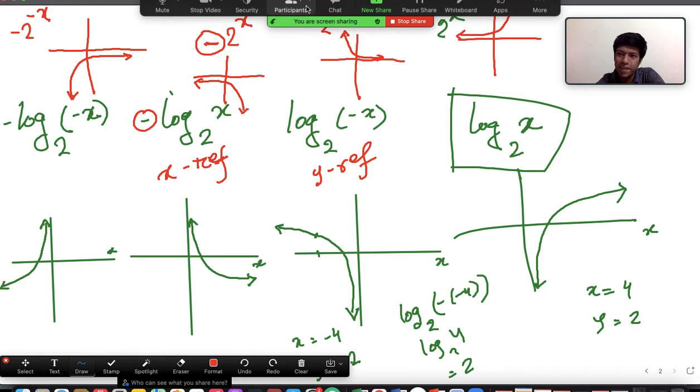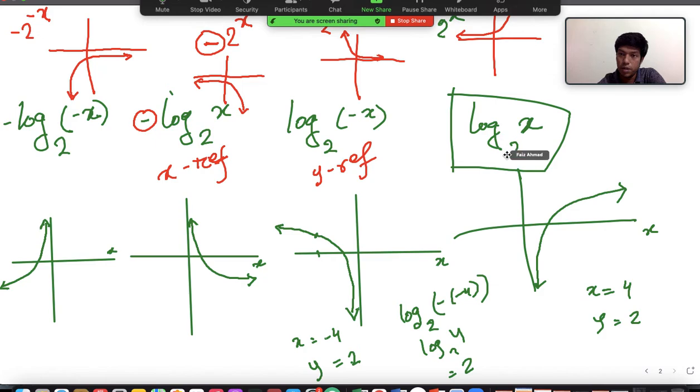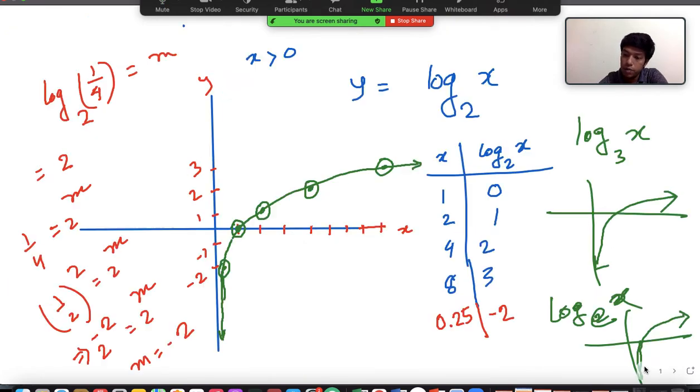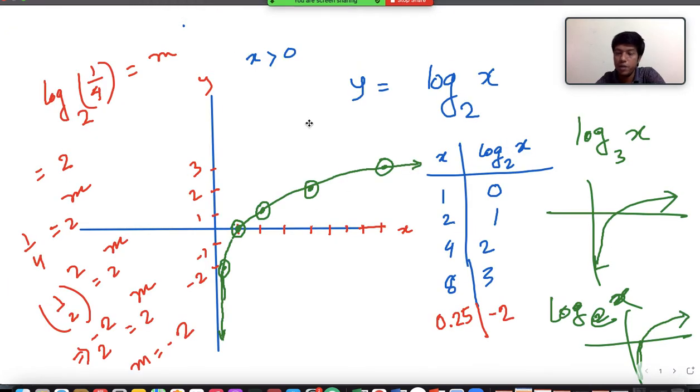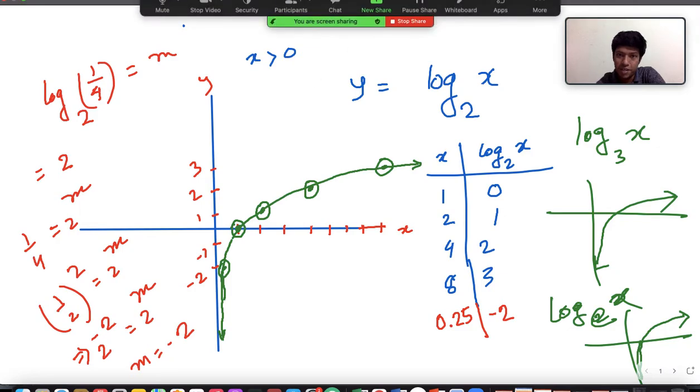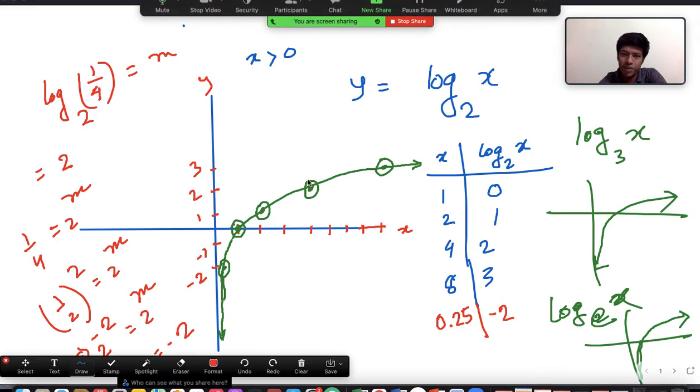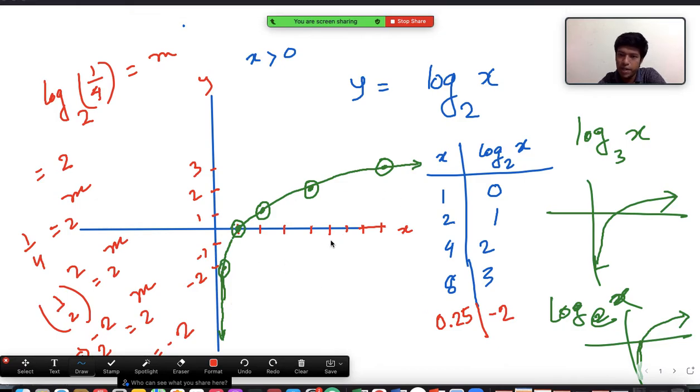And actually, from the logarithmic function we can draw their relative exponential function. Let me tell you what I mean by that. We already have constructed it, so you have a clear idea about this graph. What we will do is,